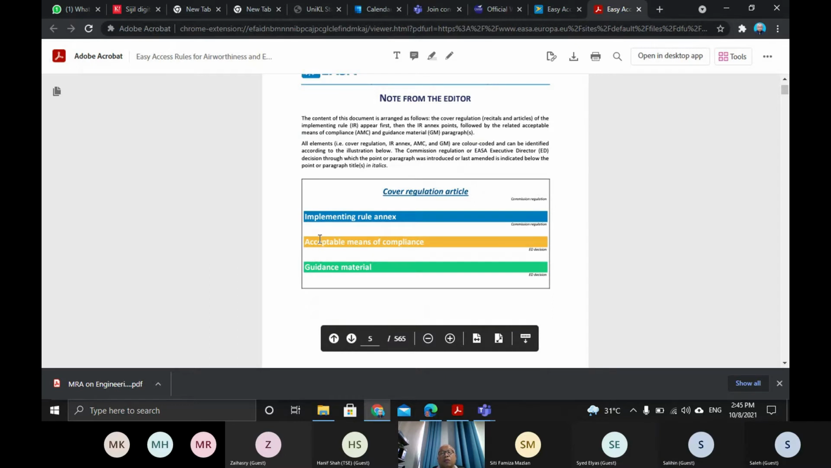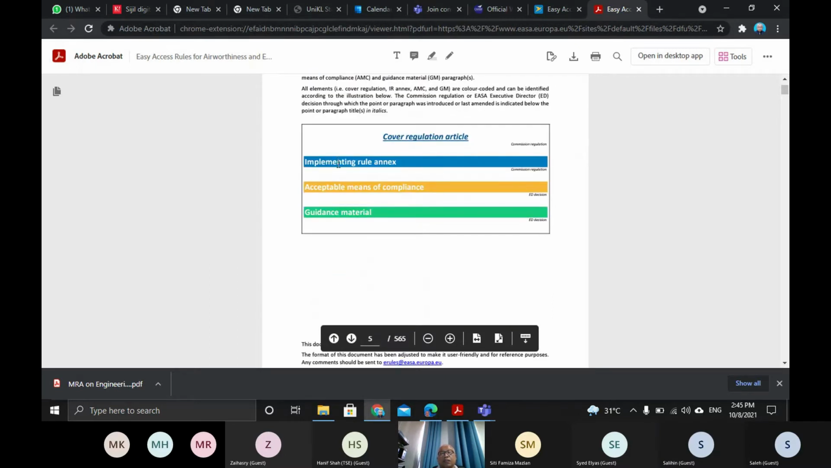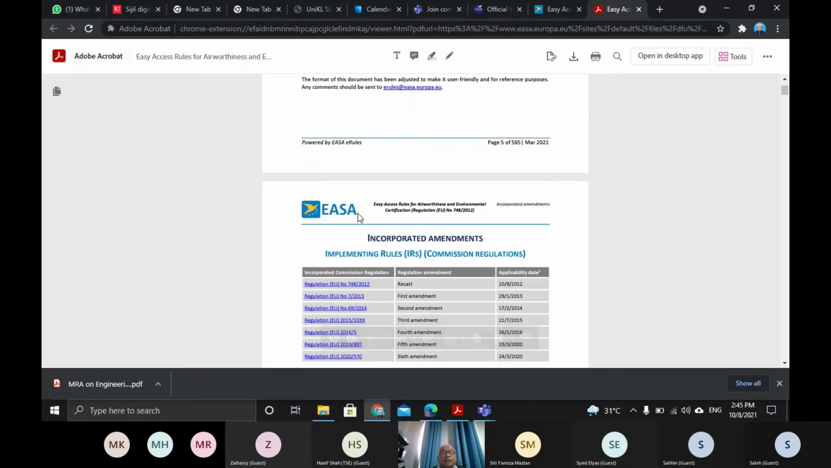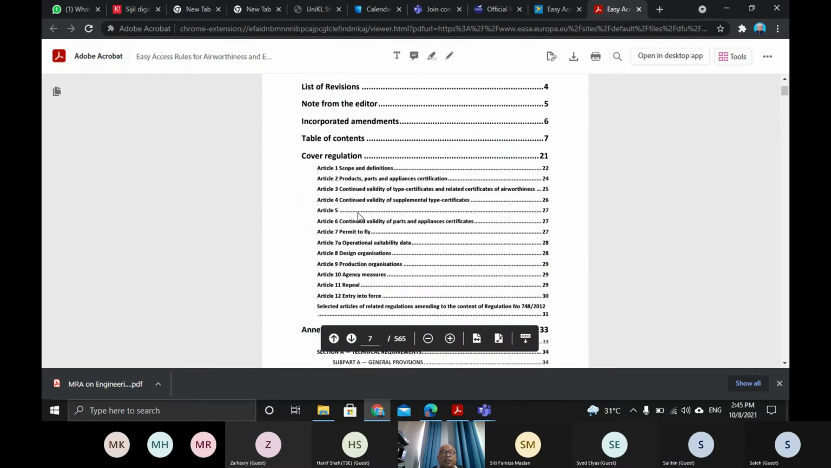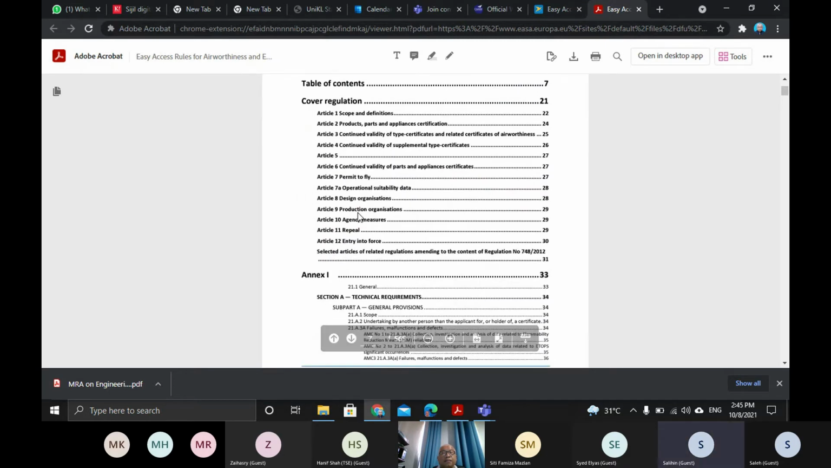How to read this? We got blue, orange, and green. Blue is the requirement, EASA regulations. Orange is acceptable means of compliance. Green is guidance material. Okay, don't worry about that. What we are interested in is